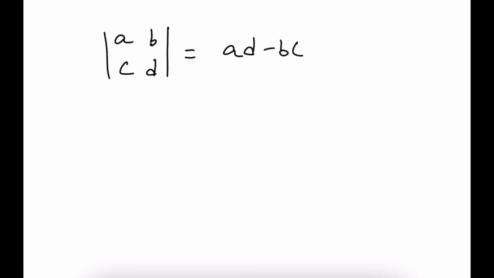So let's start. When they tell you to find the determinant of a matrix like this, a, b, c, d, a 2 cross 2 matrix, right? So we all know this formula, it's AD minus BC. But now I'll show you another way of seeing the same thing. What we need to do for that is take these columns separately, that is AC and BD.